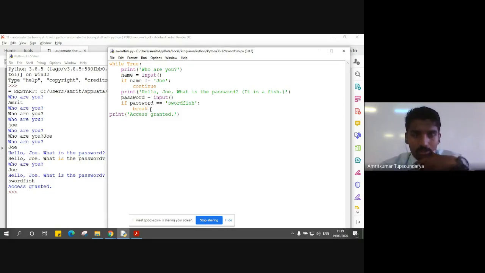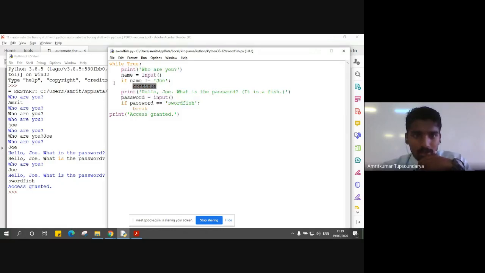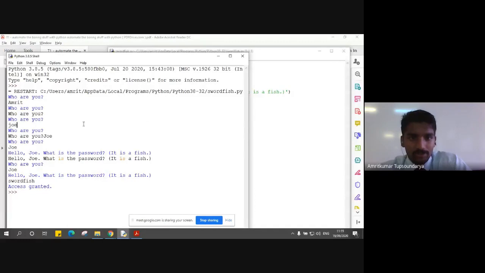So this break, what it is exactly doing is breaking the whole of this while loop, right? So this is our whole while loop, right? So continue is bringing us back to the start of the while loop, and break is completely terminating the while loop and bringing us to the next statement after the while loop, which is a print command, right? And that print is access granted. So I think that this clarifies the use of the continue as well as the break statement, right? So any doubt with respect to this?